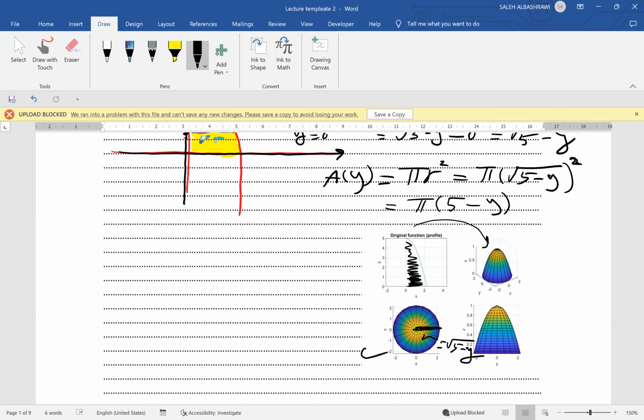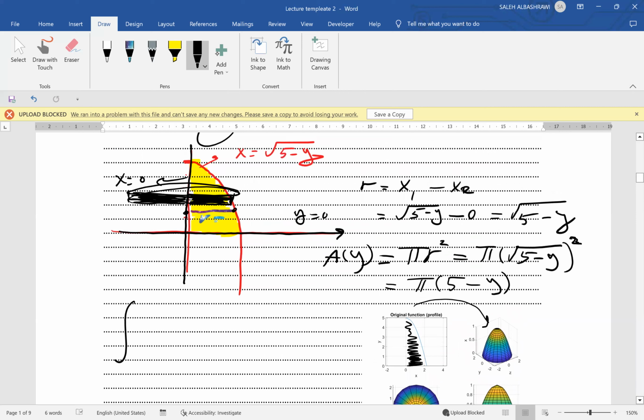Now the volume for this one, we start from y equal to 0 up to y equal to 5. So from 0 to 5 of A(y) dy, this is the volume. Because we are rotating about the y-axis, not the x-axis, so it is dy, which is equal to the integral from 0 to 5 of pi times 5 minus y, dy,